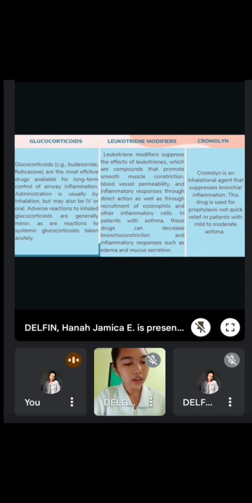Like zileuton, zafirlukast can cause depression, suicidal thinking, hallucination, and other neuropsychiatric effects. A few patients have developed